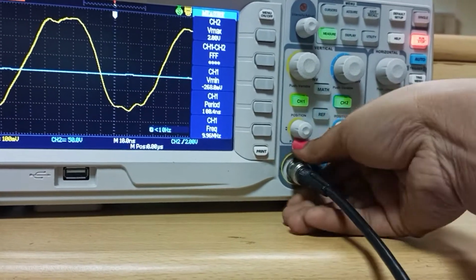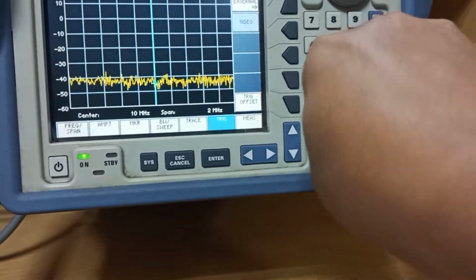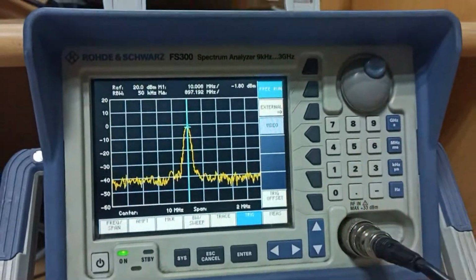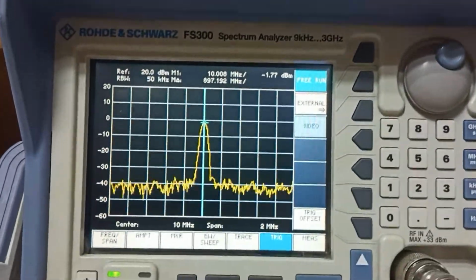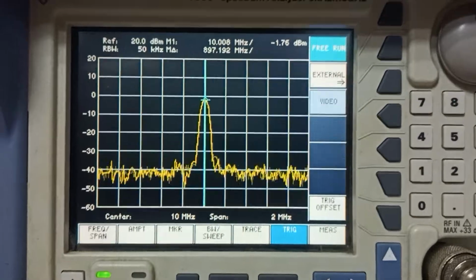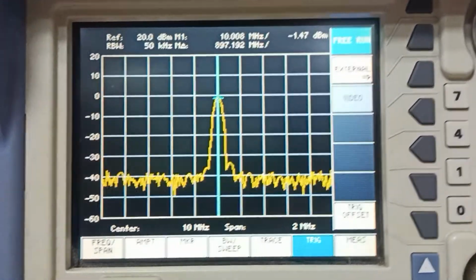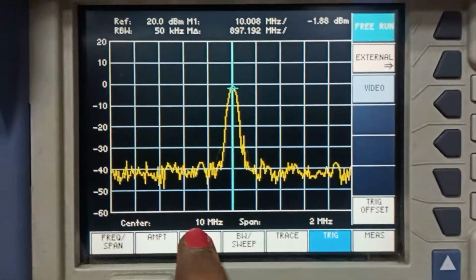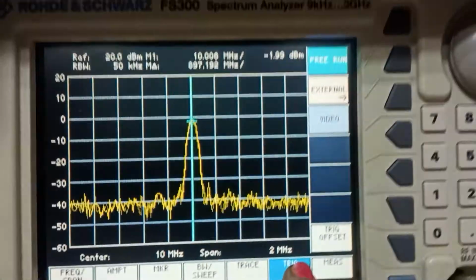So now we connect this BNC cable to the frequency spectrum analyzer equipment, and a graph between amplitude and frequency is seen on the screen. On the screen we selected our center frequency at 10 megahertz and span of 2 megahertz.